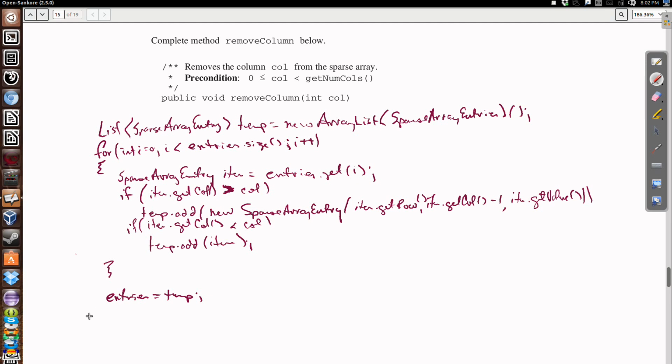And that should do it. Because if it's equal to column, if I actually hit column, then I don't want to add it to my temporary array. I only want to add it if it's before, in which case I'm going to add an unchanged version, or if it's after, in which case I'm going to have to modify it and then add it to my list. So again, looking at the points here, I'm looking at a point possibly